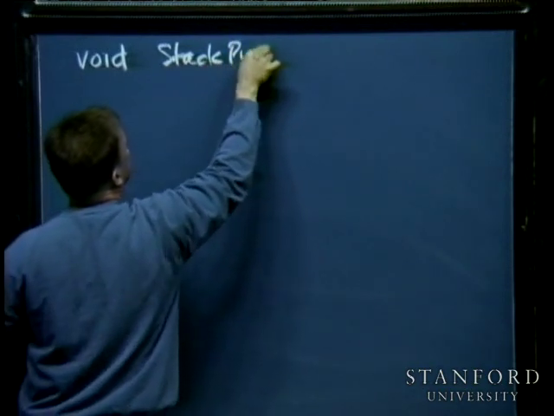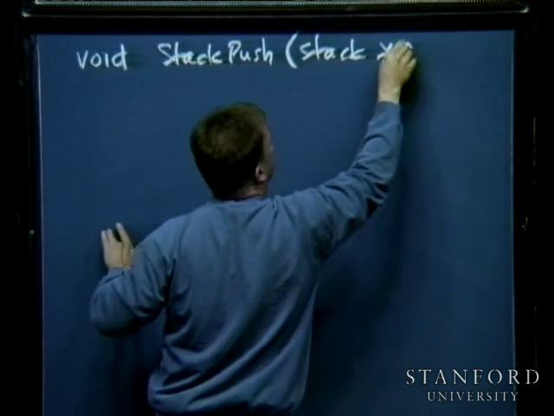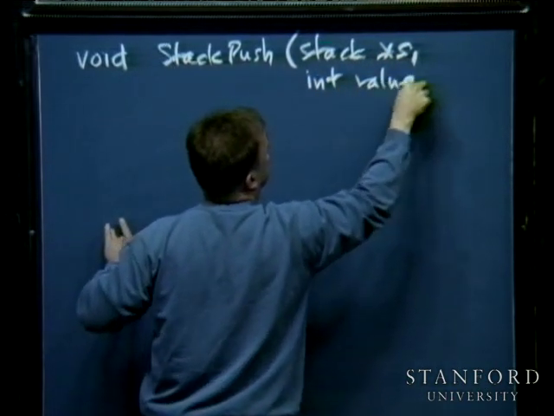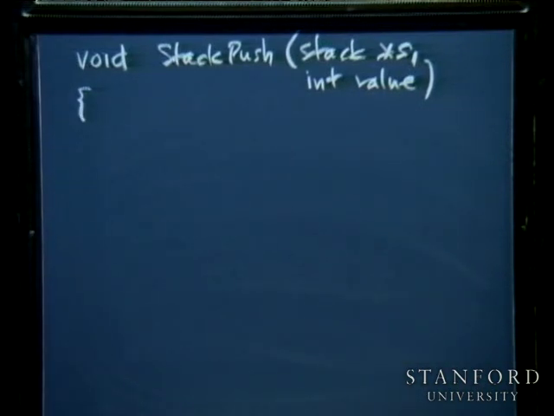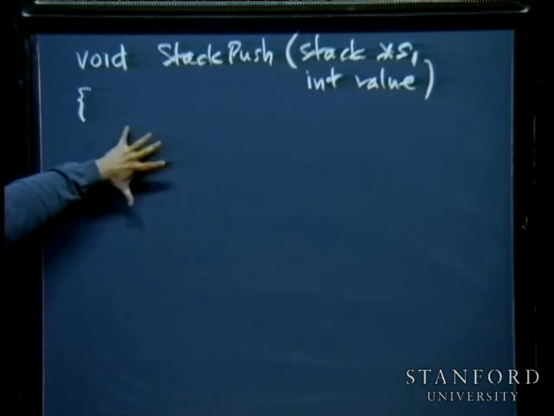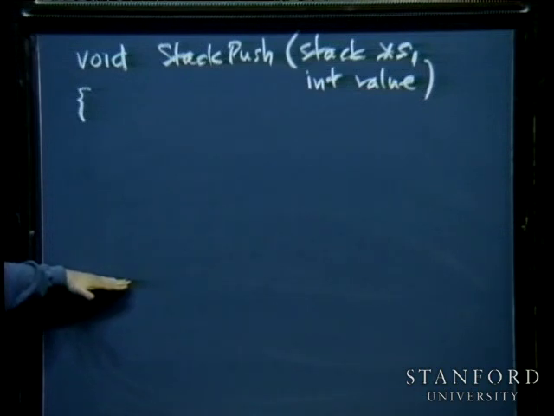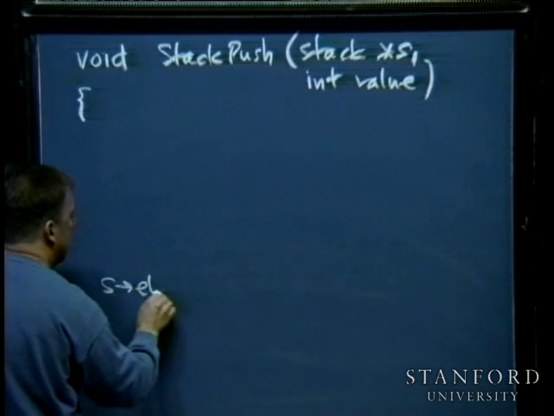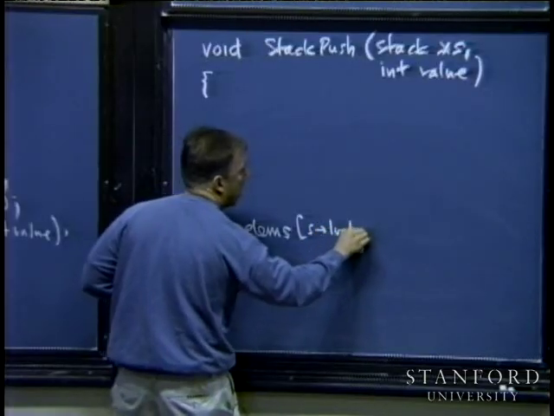Stack push. Pushing onto what stack? The one that's addressed by this variable called S. What number am I pushing on? The one that comes in via the value parameter. Let me leave some space here for what I'll inline as the reallocation part. But if there's enough memory, or down here I can assume that there's definitely enough memory, I can do this. S arrow elems of S arrow log length